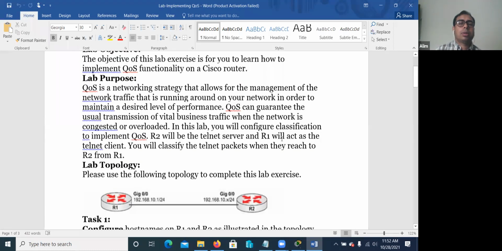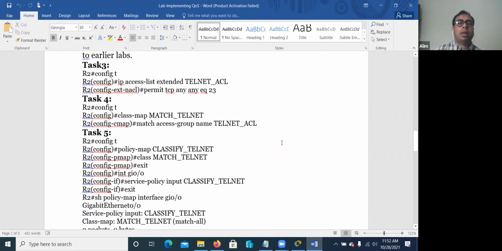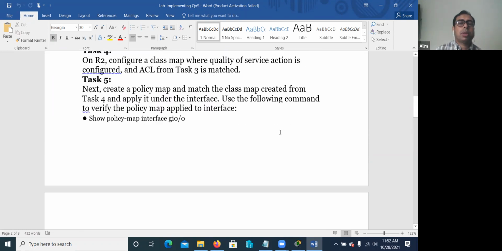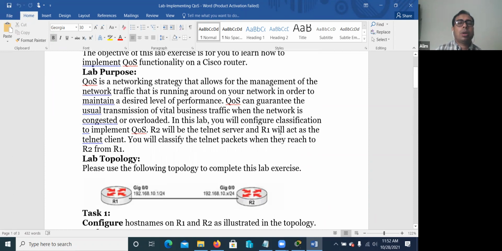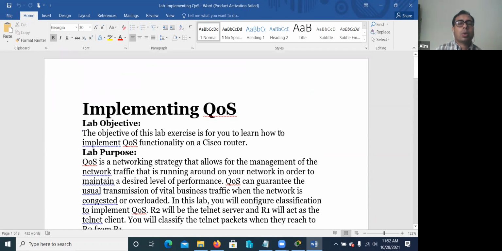Maybe not. There is another lab. You can do it yourself. Here, we are using different course functionality